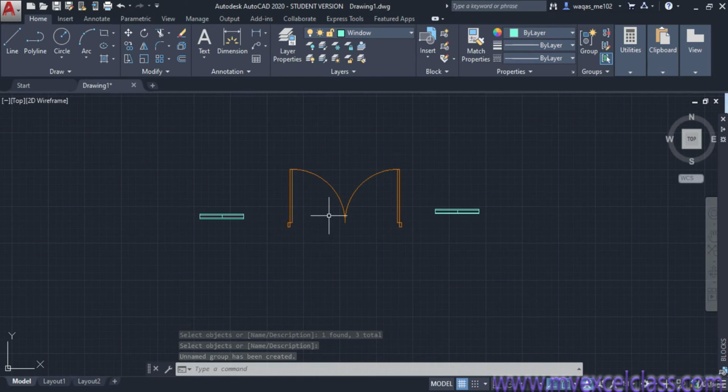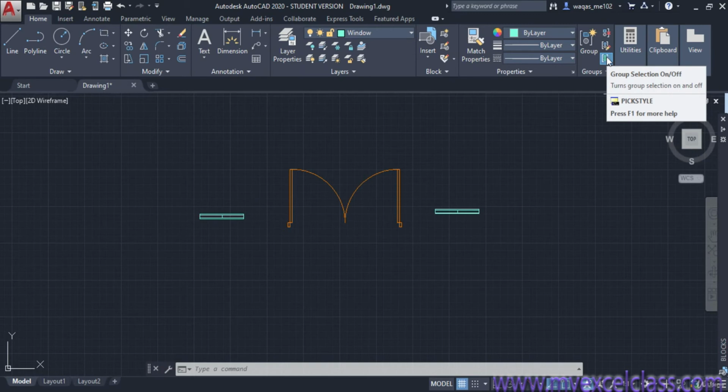These three blocks are linked with the one group, and I want to explain this option, group selection on and off. It means that when I turn this on, the group will work just like a group, and when I turn this off it will not work like a group, even if this is originally a group.